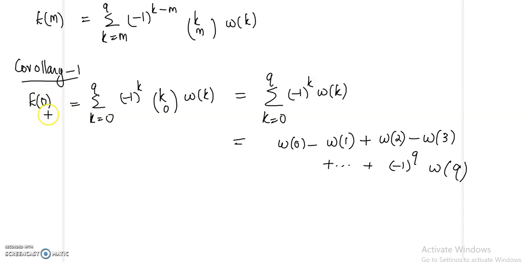So E of 0 means that it counts the number of elements which possess none of the properties. Okay. So E of 0 will be given by this summation, and now let us see the next corollary. So corollary 2